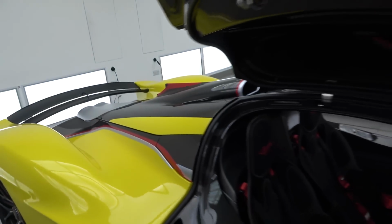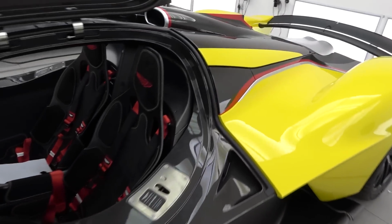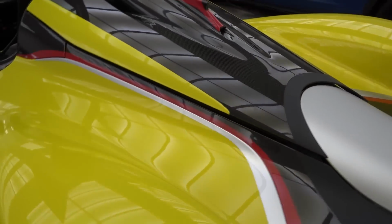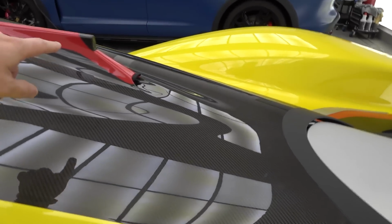I want to pop open the engine bay cover, which is over on this side. So let me come round. It is, in fact, just here. Give a pull of that. This opens up. I want to carefully maneuver it, and you can see on the top you've again got cameras